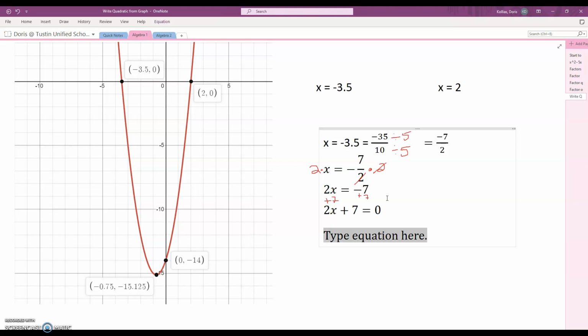Okay, so for x equals 2, we're going to undo that math as well. The way we're going to do that is we are going to simply subtract 2 from both sides, right? Subtract 2 from both sides. X and negative 2 are not like terms, so what we're going to end up with, of course, is